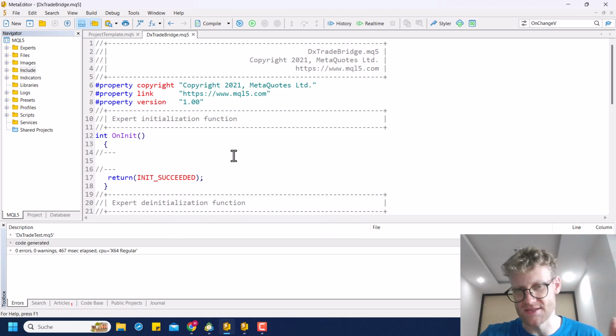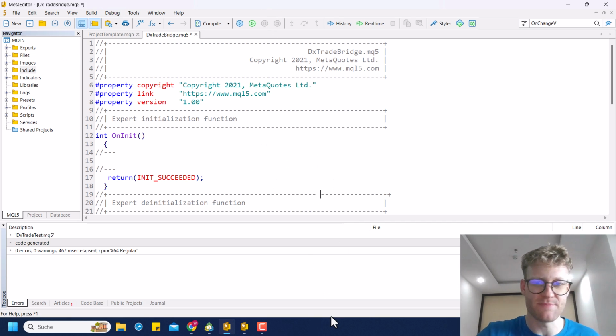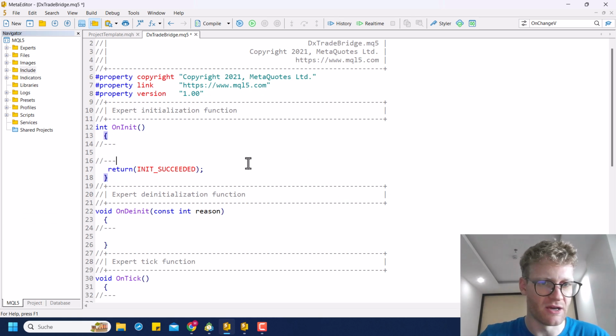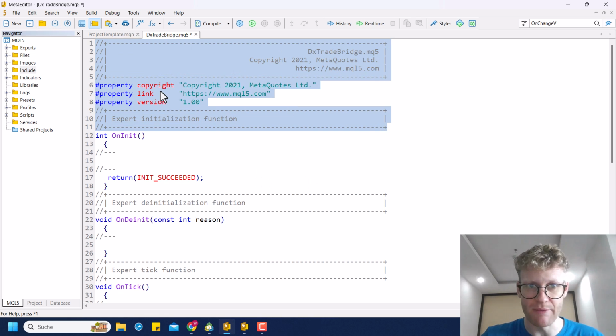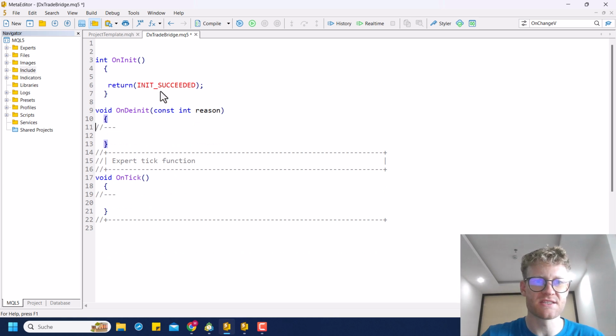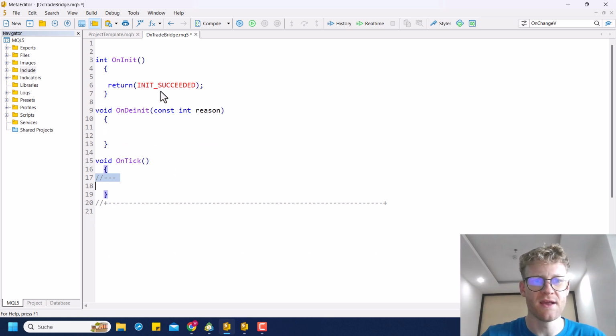And by the way, of course, this will not be an absolute beginner tutorial, because I cannot explain variables and everything in this tutorial. This is more for the developers who already write their own expert advisors and who now want to use the DX trading platform or want to prepare for future events. Maybe the MT5 gets banned from prop firms completely, so you want to use the DXTrade platform. So I will just rearrange the code a bit so it fits my personal style of programming. I delete these comments, I rearrange these brackets, and